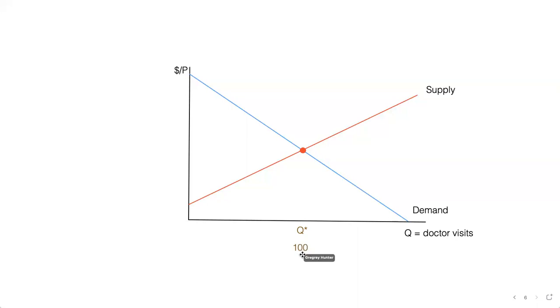So I say 100. What do you think I mean by 100 here? How many doctor visits? Well, I'm picking Q, so it's the quantity of doctor visits. 100 doctor visits for 340 million people. That doesn't seem like very many, right? I probably mean 100 million doctor visits, right? Yeah. So I'm saying that if there was no government intervention in the healthcare market, I'm guessing that about 1 in 3 people would go to see the doctor per year. And how much do you think that doctors would charge those 100 million customers